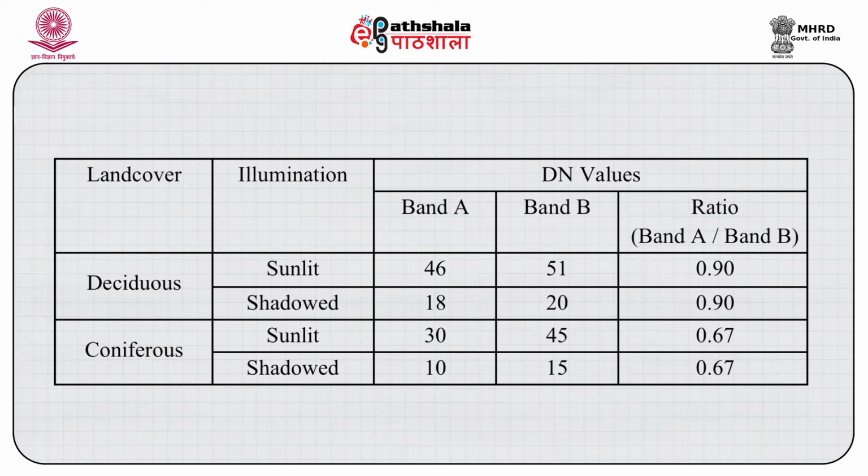Similarly, we can also notice in the case of coniferous trees, the ratio of band A and B is 30 divided by 45, which comes out to be 0.67 for sunlit areas, and for the shadowed area also it is 0.67. So, in both cases the band ratio is not changing and it is giving two distinct classes with band ratios